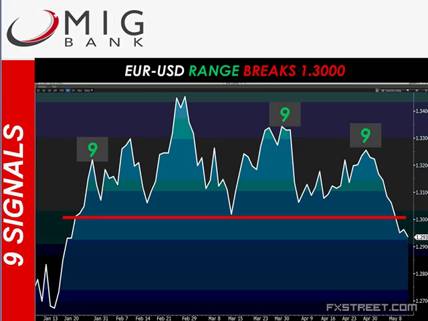Here's an example of the setup stage, the number 9, the green 9, within a range-bound market. I think someone asked me before, how can you use TD Sequential in a market which is range-bound? Euro-dollar, of course, has been range-bound for over 4 months, the first 4 months of this year, with very low volatility around that psychological 130 level, which we have just broken beneath. Now, during that time, we did see 9 signals, so the setup signals